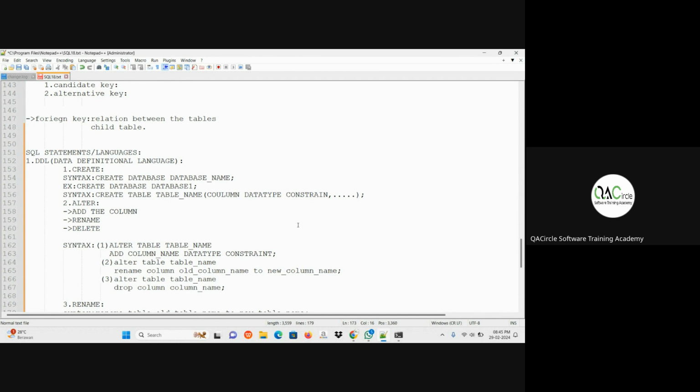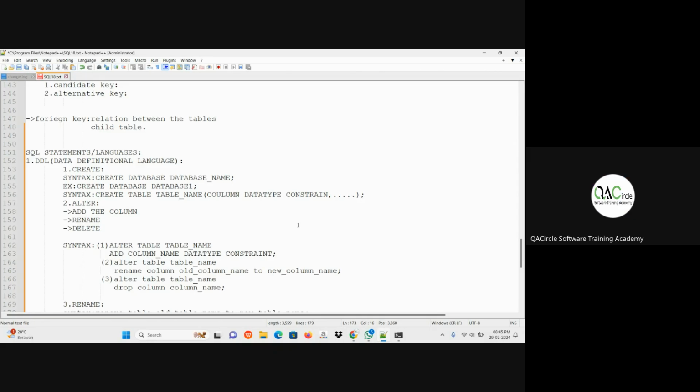In the foreign key constraint, it will accept null values. How many primary key constraints can we use in a table? 1. Yeah, correct.